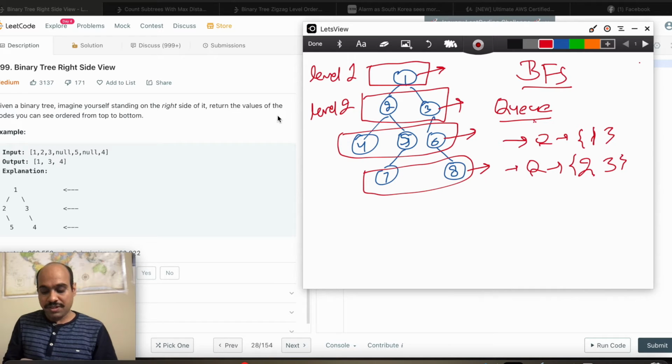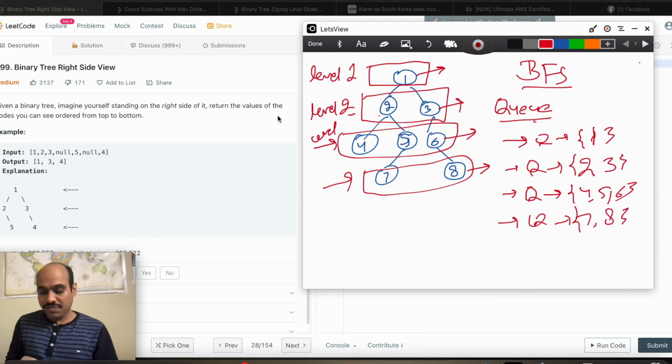So we will iterate through the tree in such a way that each level will be stored in a queue and then it will be processed. Once level 2 is processed, 2 and 3 will be gone, and then the queue will contain all the level 3 nodes. So it will contain 4, 5, 6, and after this the queue will contain 7, 8.